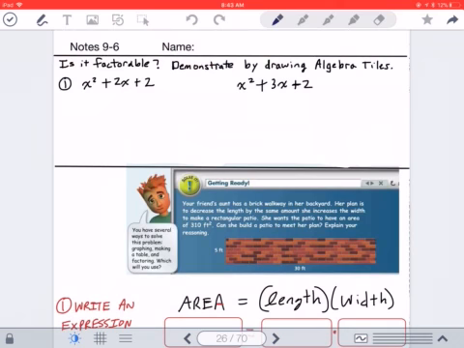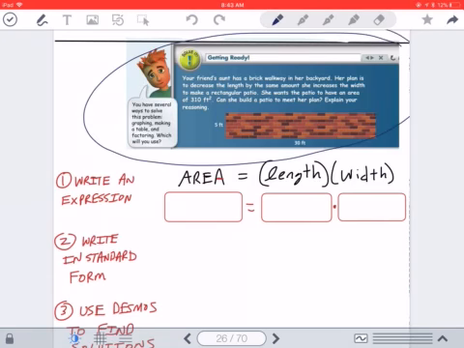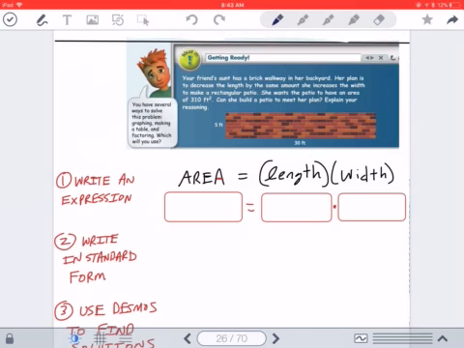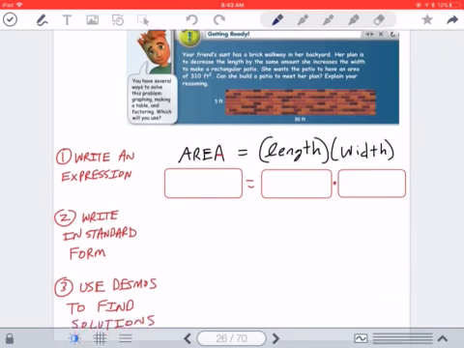Okay, so we have 9-6. Find this page in your notes. Go ahead and try this getting ready problem right here. And pause the video, see what you can do. Go to step 3, use Desmos to find your solutions. Okay, so assuming you've paused it, let's